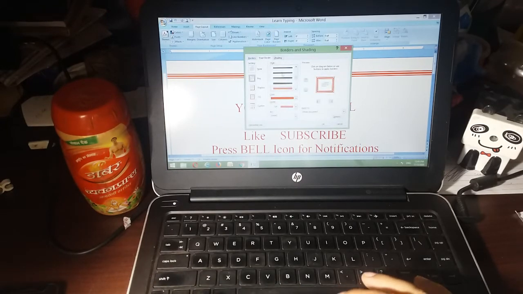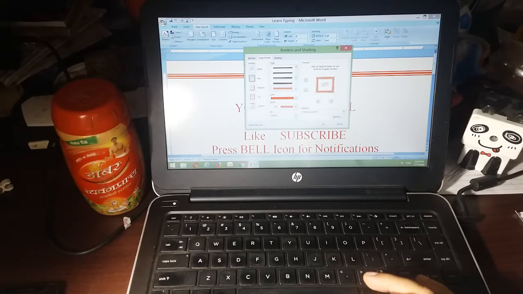So here you can see there are options of page border. You want box type, shadow type, 3D type, custom type, which style you want to give. At present we have given this style. Which color you want to give, what will be the width of your border, how many points and all.